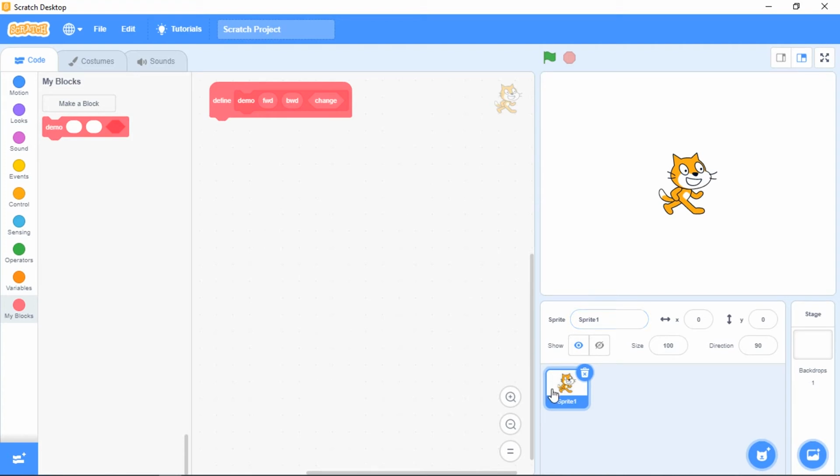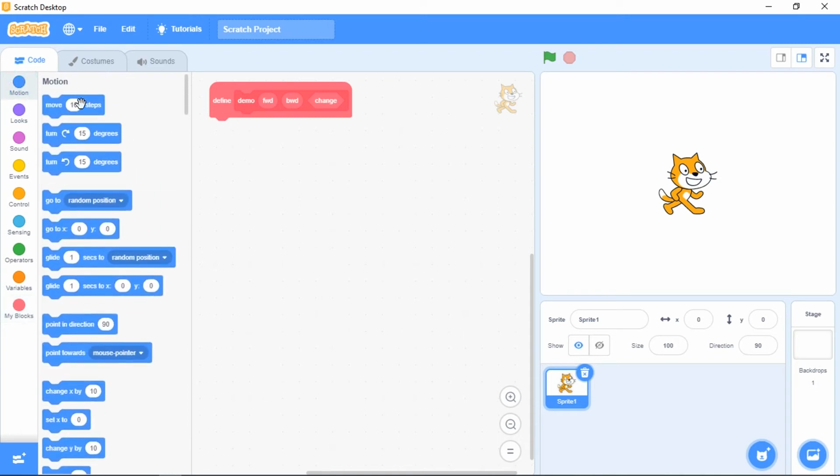So for which sprite are we writing? Cat1, that is the cat sprite. And when we make a block, it will be empty, that is, here is the place where we are going to enter the actual values. These are the formal parameter values, and these are the actual values we are going to pass here. Now what actions are going to be performed here?